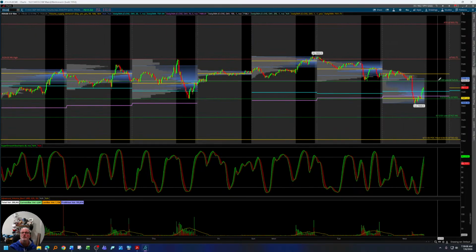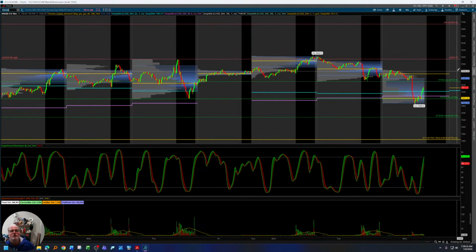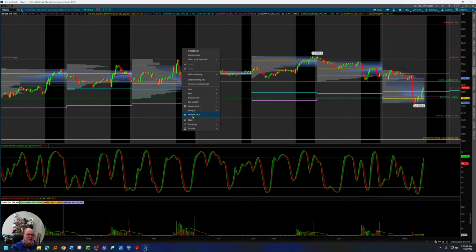On the upside, though, if you can regain yesterday's low, I think you could push into the close and probably get some headwinds up there. But if you can get above that, then you start pushing back into that 75.93.75 level. Let's move on to the SPY.